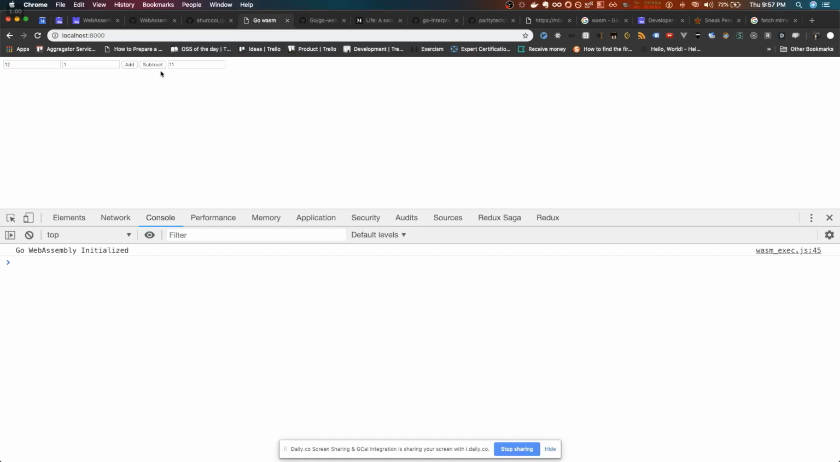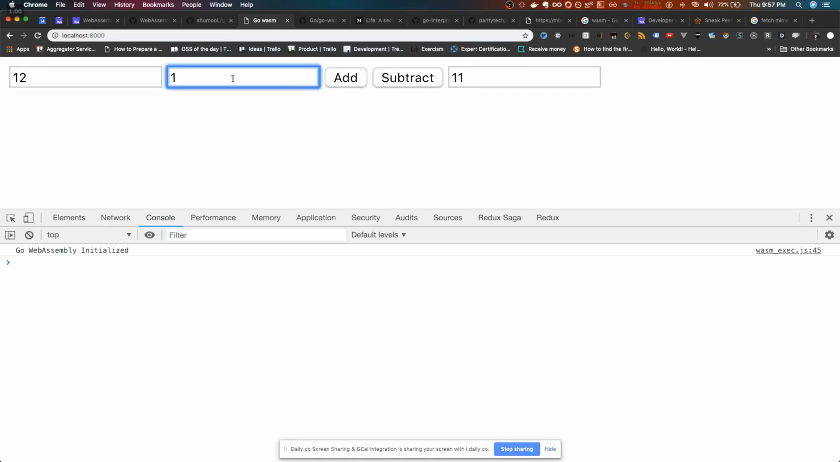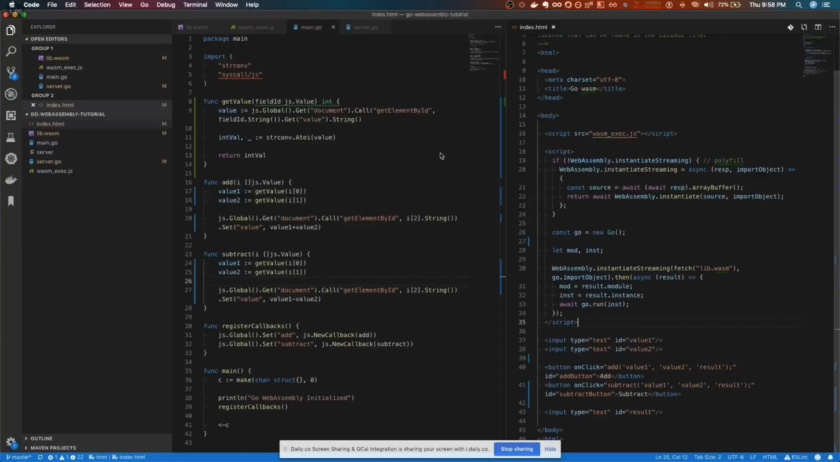Sorry, the screen was quite small. So now the subtraction is happening with WASM. Awesome. So that's pretty much a whirlwind tour of WASM. syscall/js is where the magic is happening. One thing which is happening here is